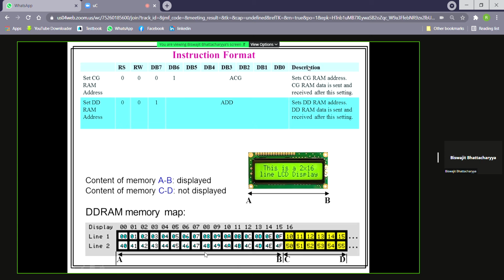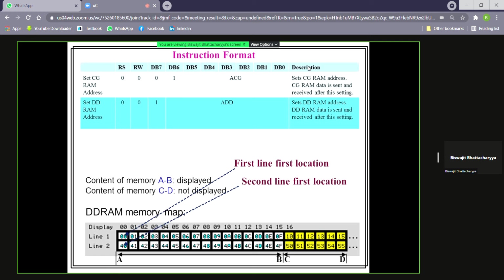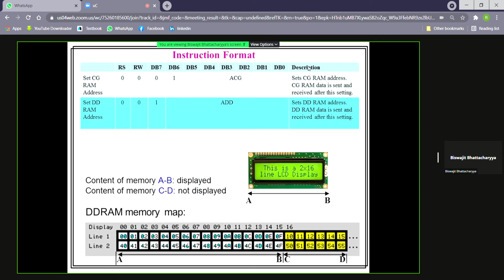They will be stored in those memory locations, but they will not come on the screen. They will not be displayed at all. We don't see them. So C to D is not for display. Only A to B is for display. So as I told you, first line, first location, and second line, second location.